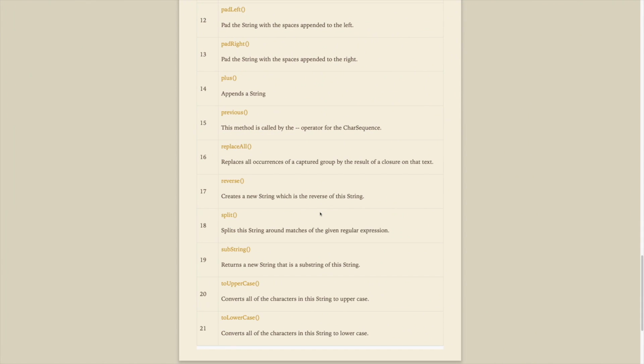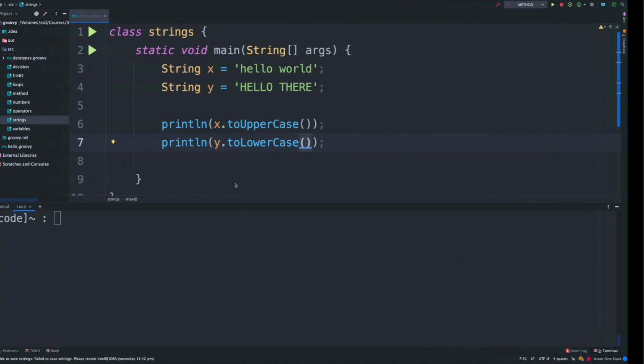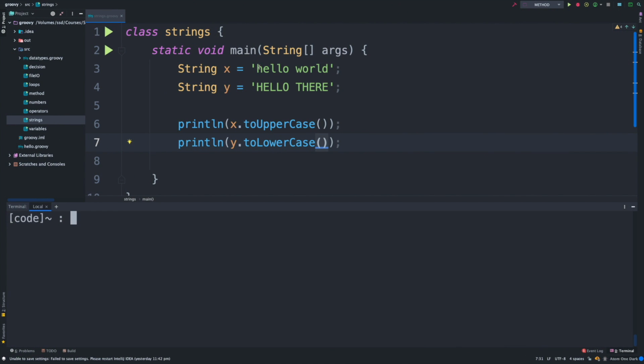The method that I'm going to show you next is substring. It is another very common method that you're going to be using when you're working with Groovy. So let's give it a shot. For example, we have the string hello world. How many characters are there? We have 5 characters, the 6th one is a space, and then another 5 characters. Strings are 0 index based, and the substring method returns a new string which is a substring of a given value.